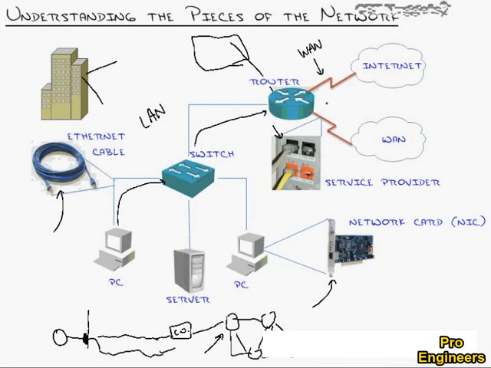We run a cable from that wall jack into an interface of our router, and that allows us to access the internet. Now down below we have a wide area network. A lot of people use the internet as a backbone to connect to other offices around the world. Like maybe this headquarters office here is in Phoenix, Arizona, and then this office over here is in Moscow, Russia. And you can go through the internet because the internet already has all the groundwork laid, and you can actually reach that server in Russia.